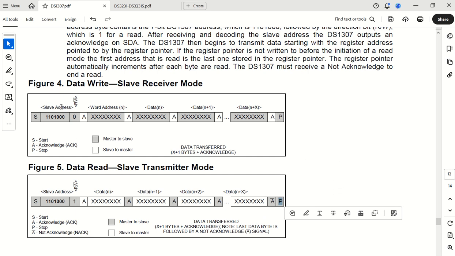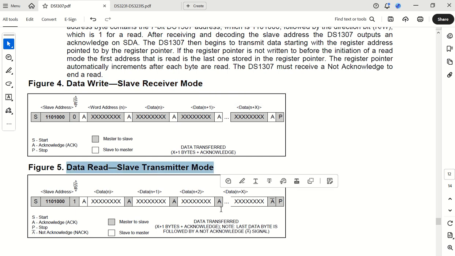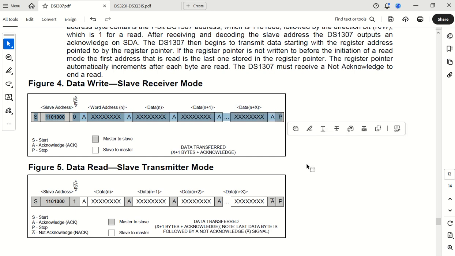So this is the format of how to write data to the I2C real-time clock, and also how to read data from the specific device. So first of all, in the program, when I come to the program, you will write data into the specific device into different positions. So if I'm going to write the day and the month and the year, that will be written, the seconds, the minutes, the hours will be written into the specific device.